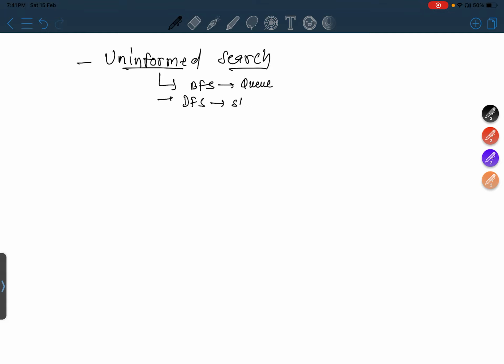DFS uses the stack as a frontier, DLS runs DFS in the background with limit L,